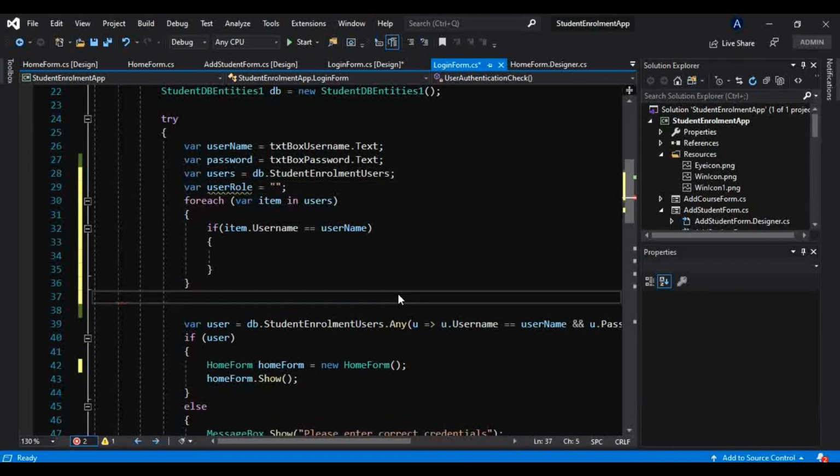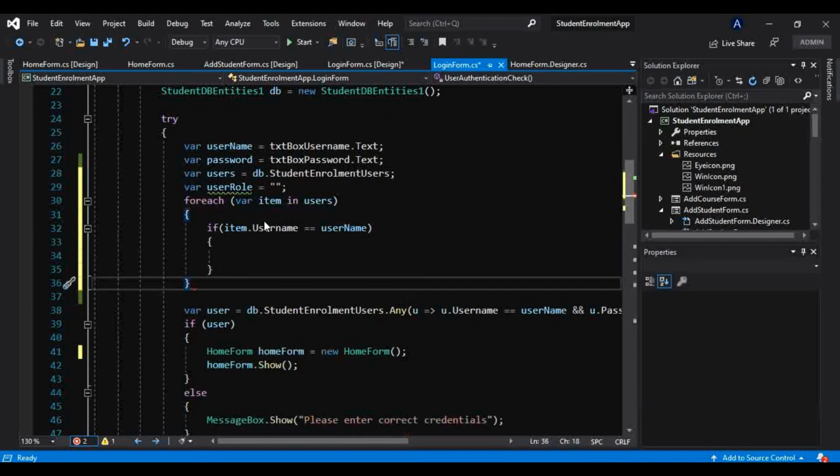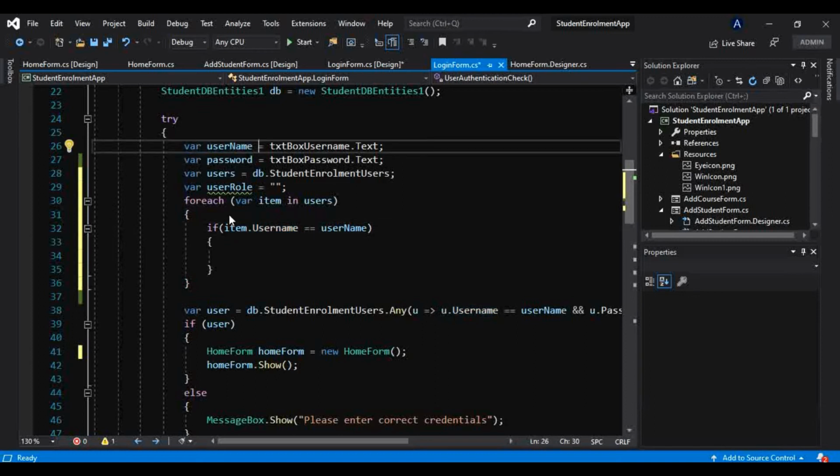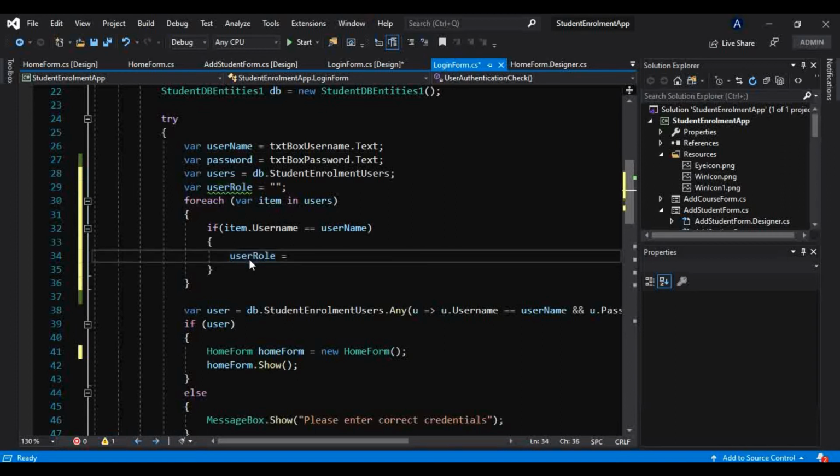And after looping through this database, if we find that item.username is equal to this username, then we want to initialize this user role to this item dot user role.